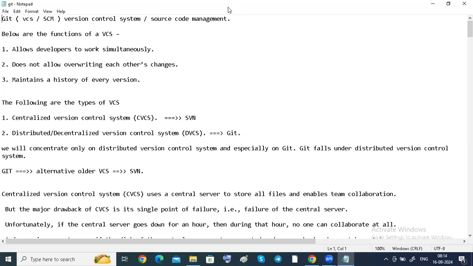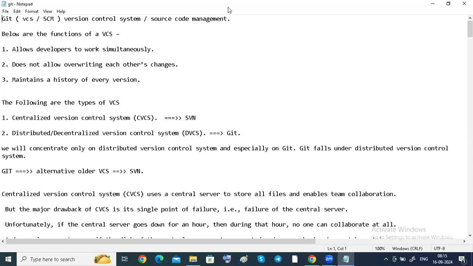Why do we call it a version? For example, in your mobiles there is an Android version available, guys. If you go to settings and check About phone, there is a version 12, or somebody may have 12.1.0. That's what we call a version control system. Another one is source code management. What is source code? Source code means the programming or code we develop, or developing our application.